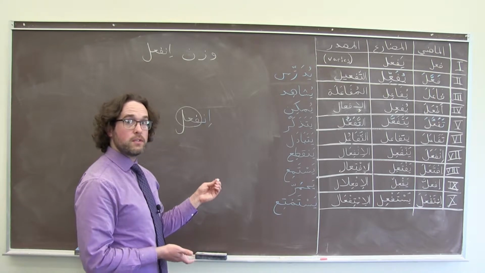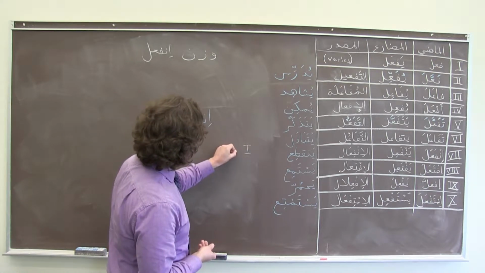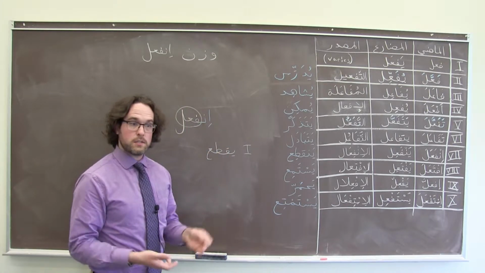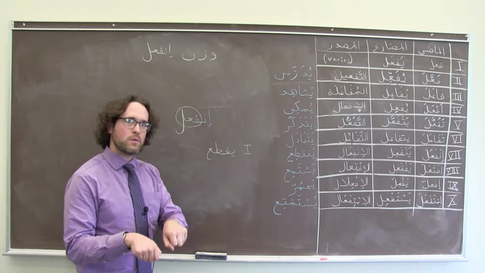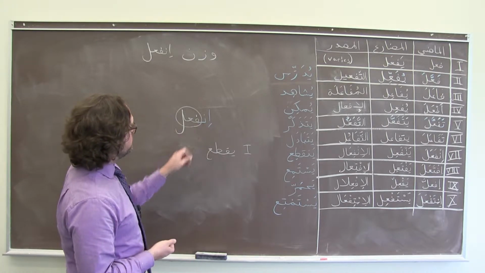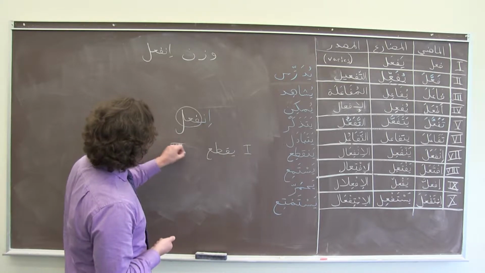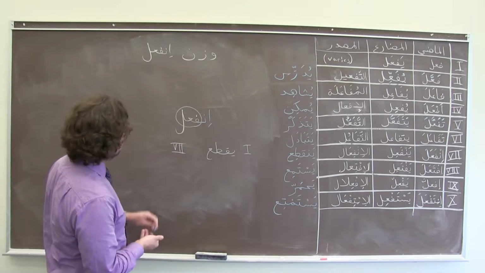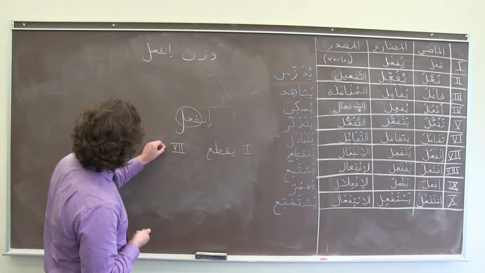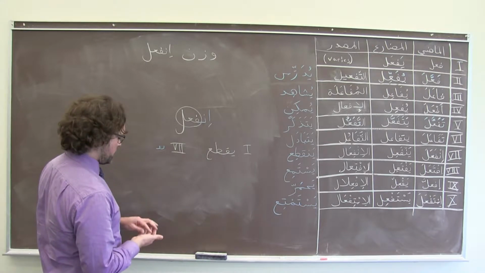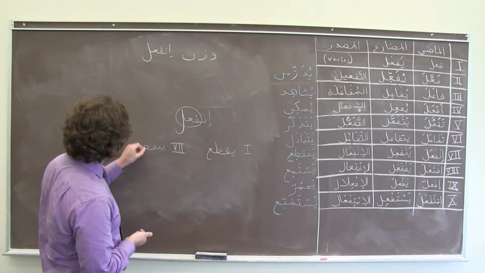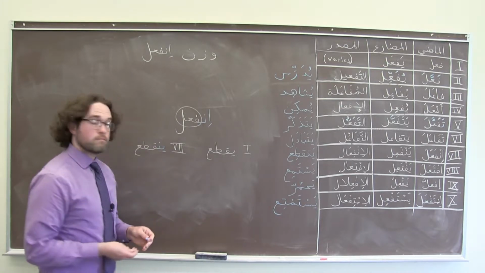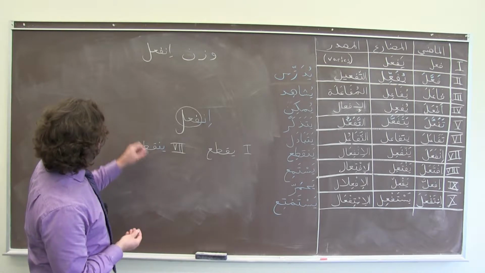So, one example that you've probably seen, we have a Form 1 verb, yaqta', to cut at its simplest, right? To cut a paper, to cut food with a knife. But when we put it in Form 7, it means to be cut, or to be cut off or broken off. So we would have yanqati' in the present tense, or inqata'a